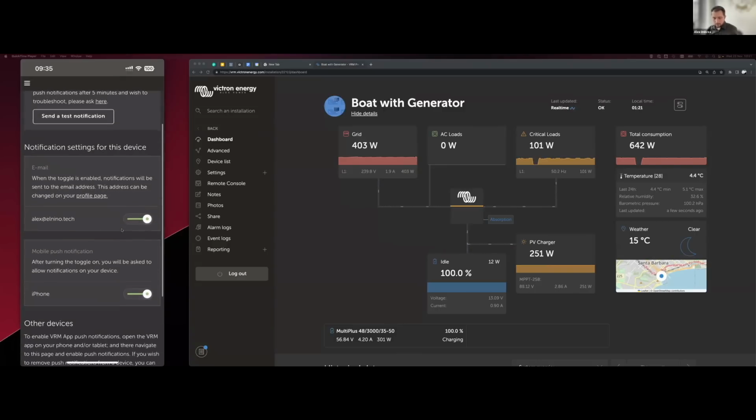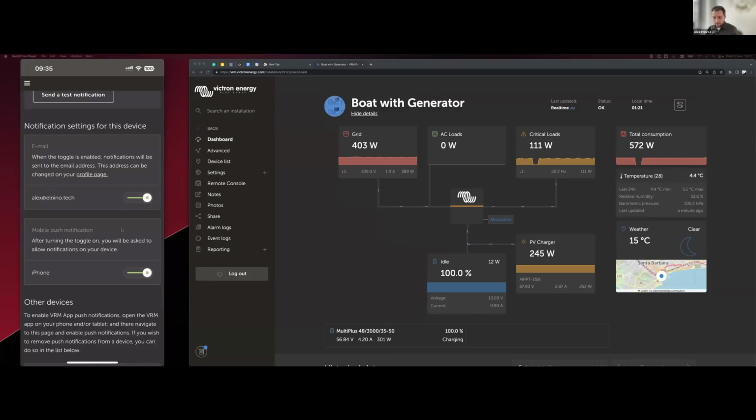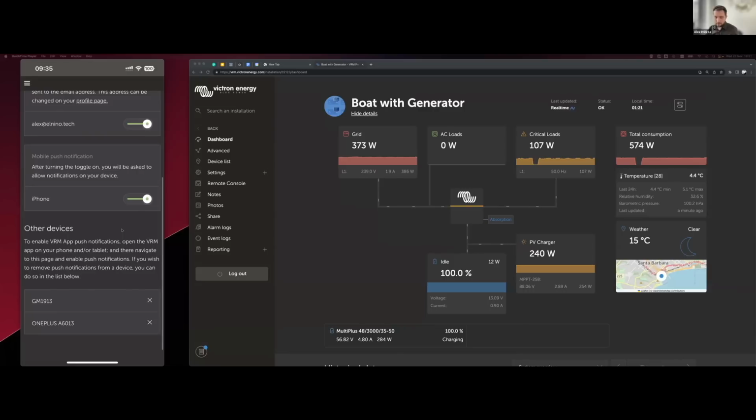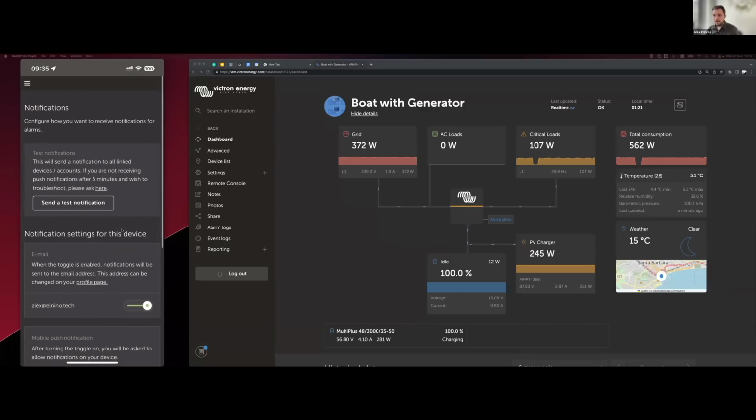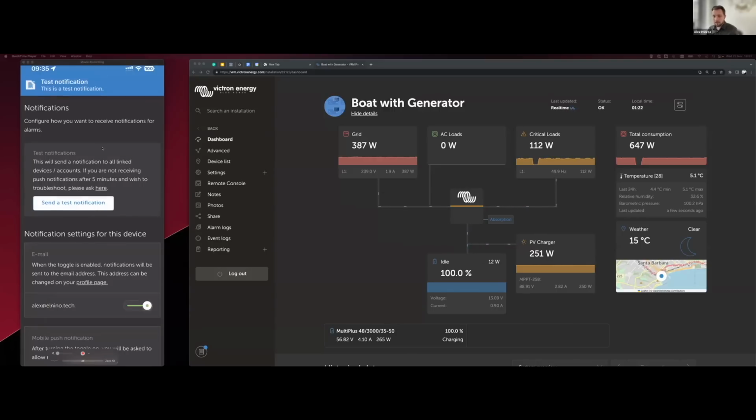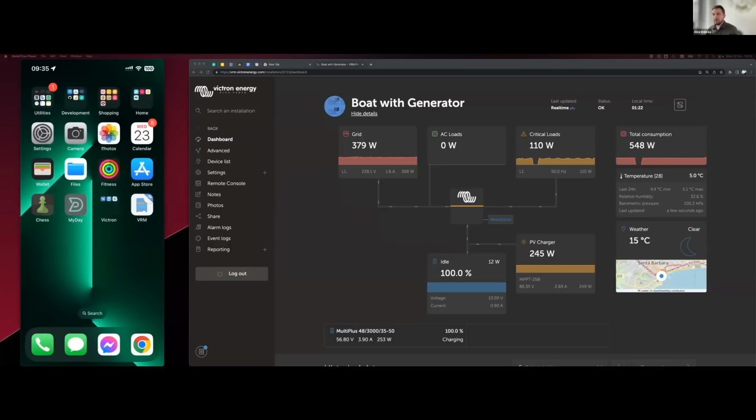In here, you can check if everything is set up correctly for your phone by checking if the toggle is green, and also seeing all the other devices registered. In this case, I have 2 other Android phones registered for push notifications. And we can test this by pressing send a test notification. While you are in the app, the notification shows as a blue banner at the top of the app. When you are not in the app, it shows as a pop-up at the top